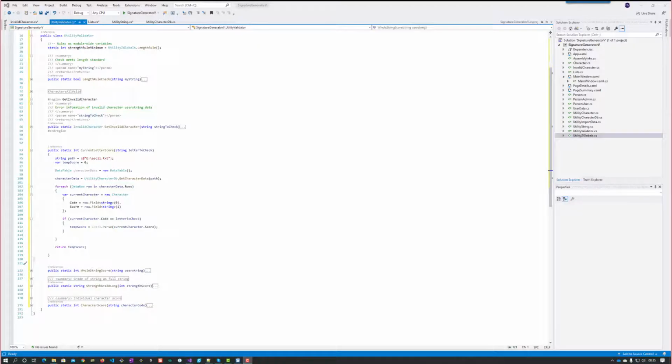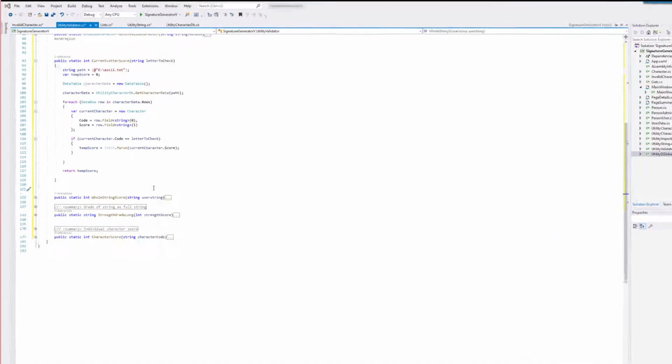Finish off this discussion of utility validator, we move on to the last three methods. And it was a good point to pause, actually, because what we're going to do now is where we've always dealt with sort of strings in terms of our codes and so forth. We're now actually going to look at some ways in which we can use ints, which are numbers which we're going to need. So the first method we're going to have is, let's see, I'll move this up to the top and get a better set of